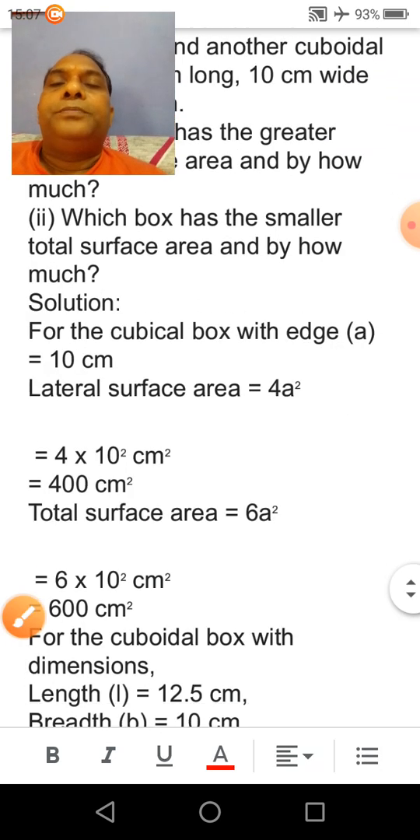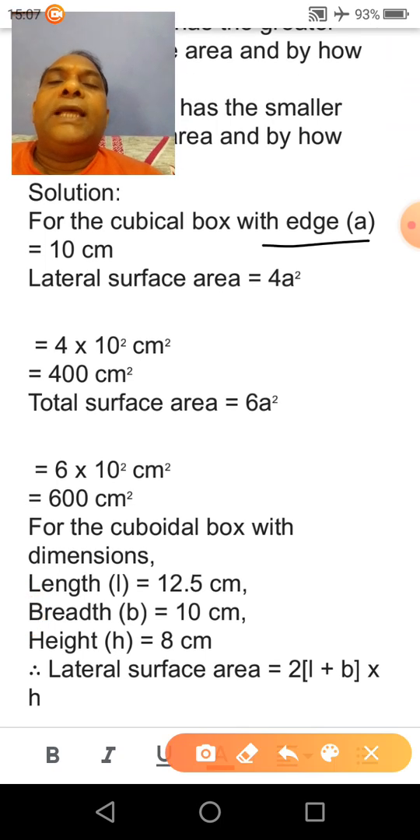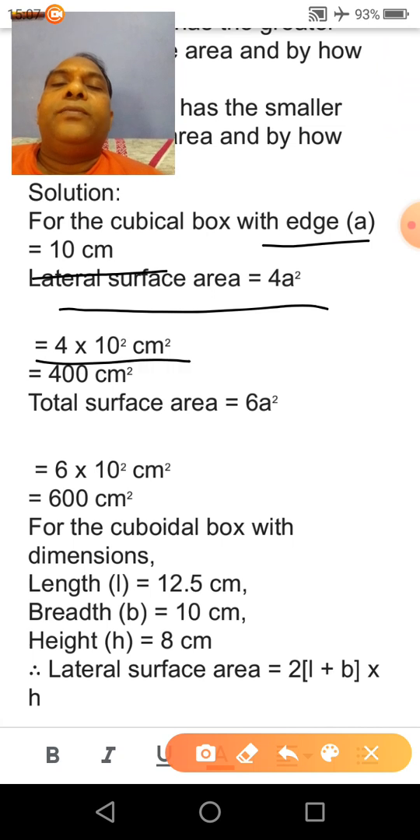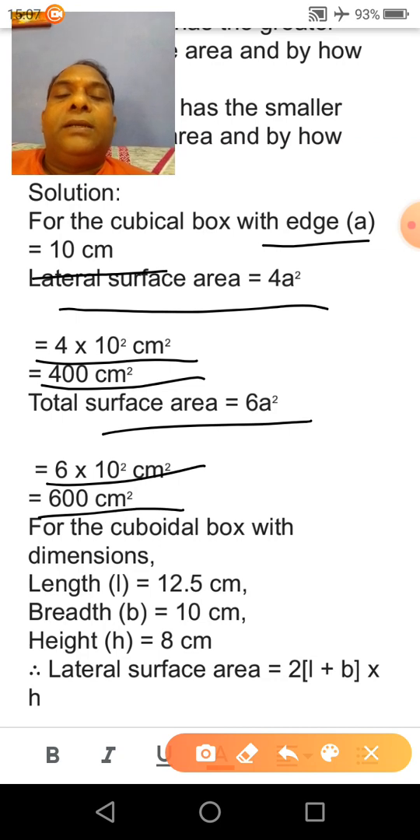So in cubical box its edge A is given 10 centimeter. So lateral surface area will be 4 into A square, so 400 centimeter square. Clear? And total surface area 6A square, which will be 600 centimeter square. Similarly,